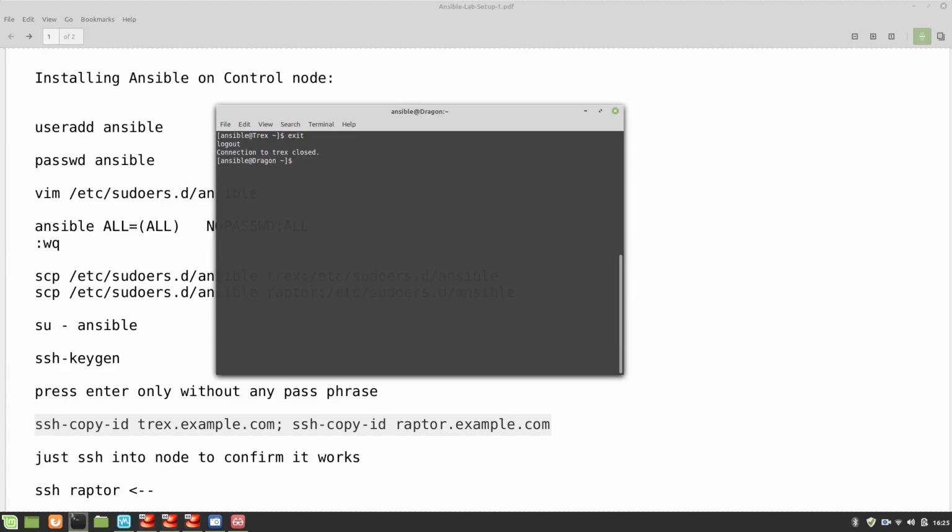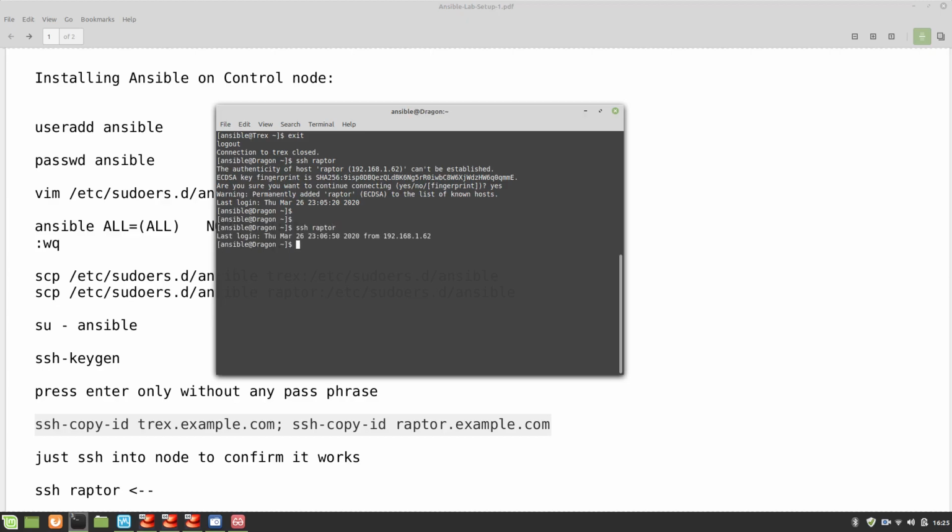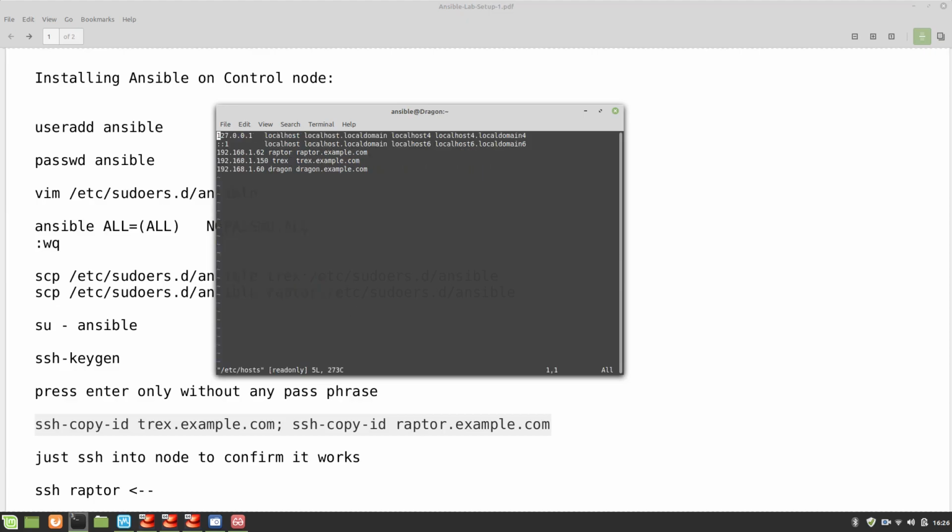Okay, exit. And let's try to go into our Raptor. Okay, we are not going into Raptor, so let's try again. Ping Raptor. Can we ping him? No, we cannot. Why? Let's check our hosts. We do have Raptor. What's